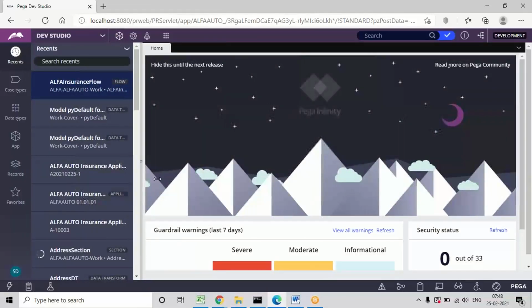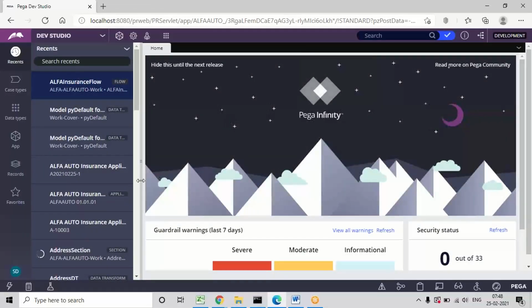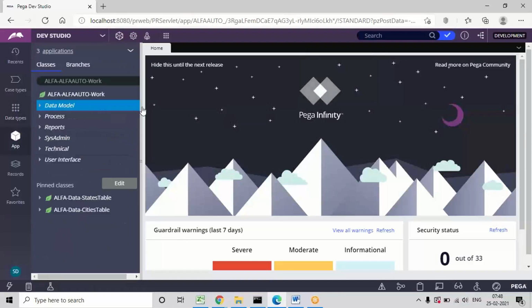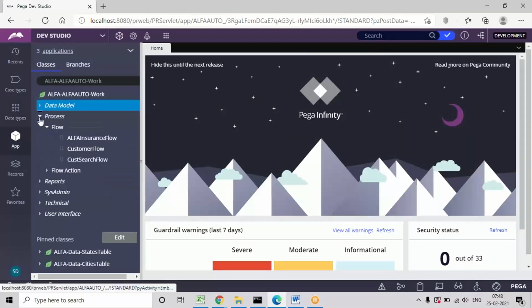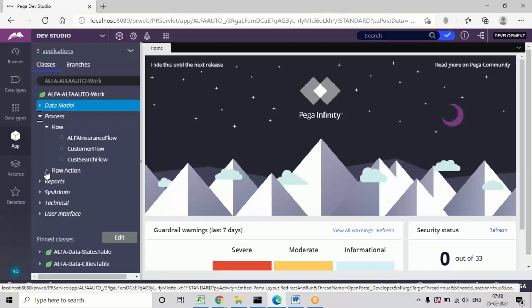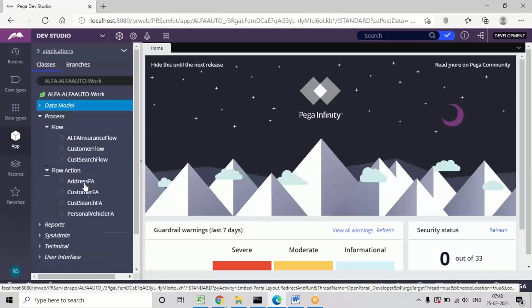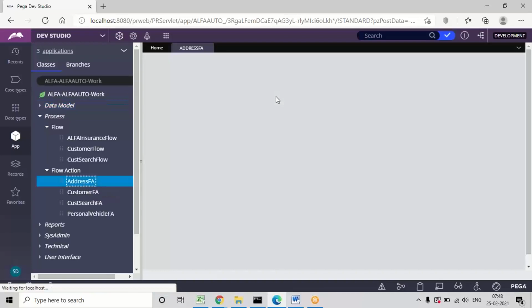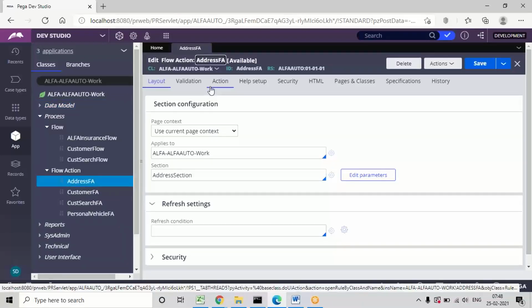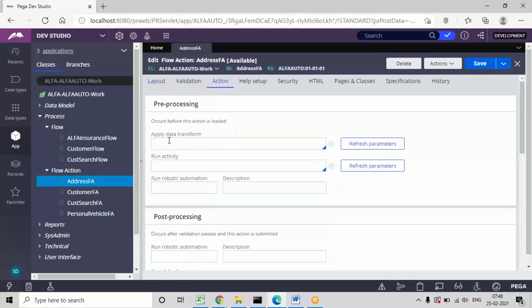In this scenario we called it in the control settings, but apart from the control settings, there are other scenarios where we'll mostly be calling data transform in flow actions also. Suppose you open any flow action, under the action tab we'll be calling data transforms.